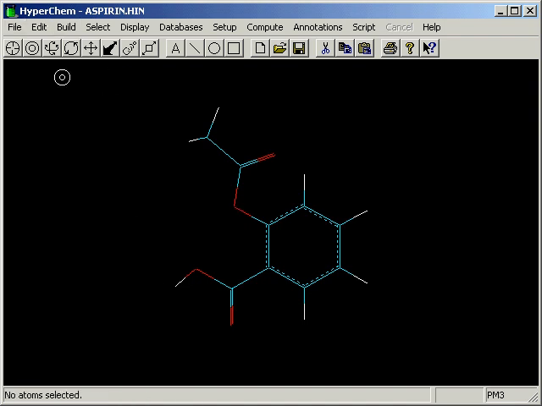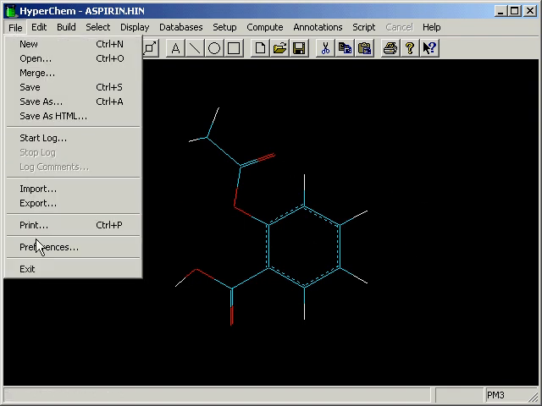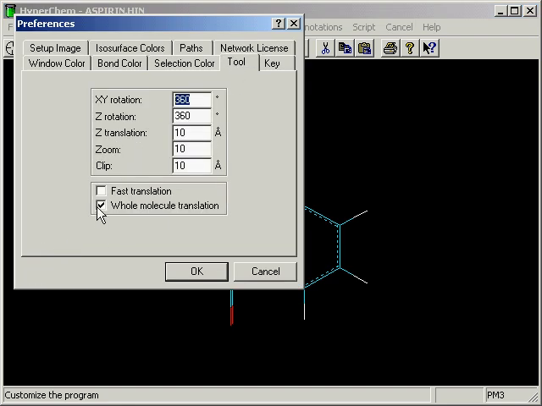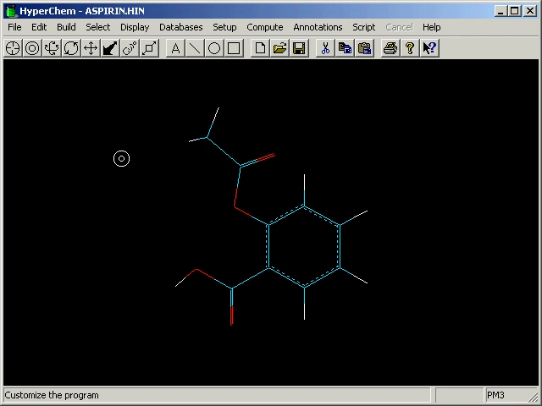In the process of translating that atom to the origin, the whole rest of the molecule was dragged along in a way that kept the internal coordinates consistent. So the whole molecule is translated even though you asked to translate a specific atom. That specific atom, if you translated it, goes to where it's supposed to go, but the rest of the molecule comes along. If, however, we were to take that feature and uncheck it so that whole molecule translation was not